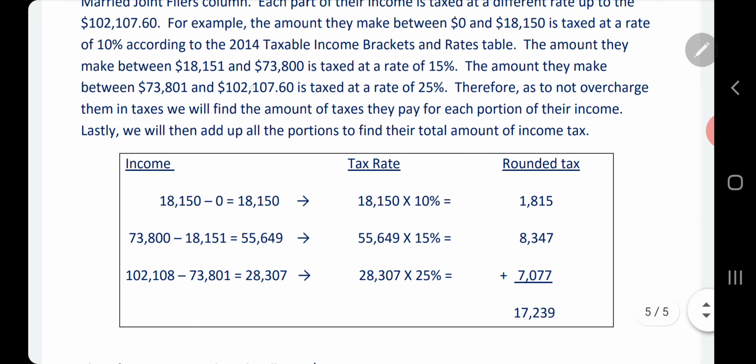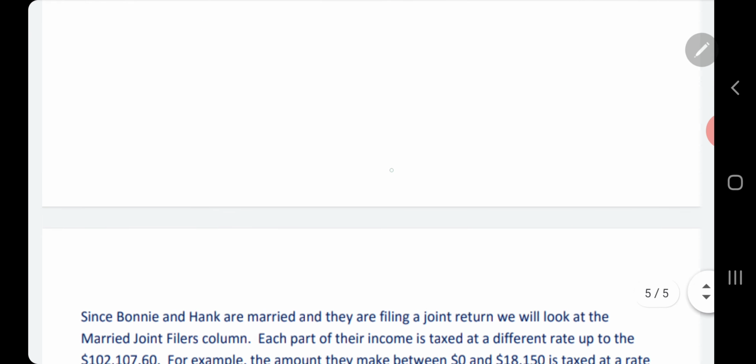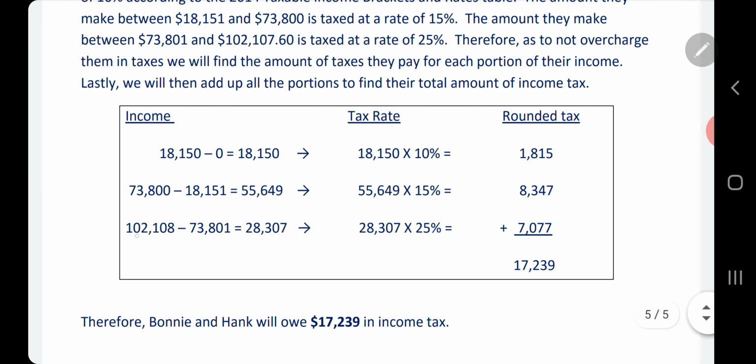And lastly, they did make $102,107.60. So that did fall under the 25% rate because it is between $72,801 and $148,850. So we're going to take their total amount that they made and subtract out that $73,801, and of course you get $28,307. So $28,307 of their dollars is going to be charged at a 25% tax rate. So of course when we take $28,307 times 25%, or 0.25, we get